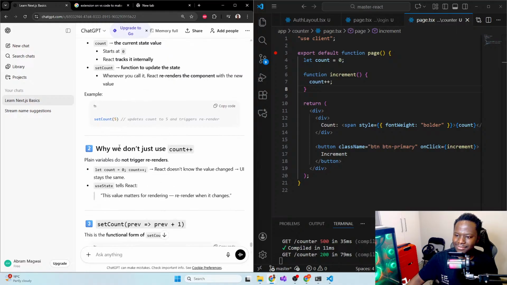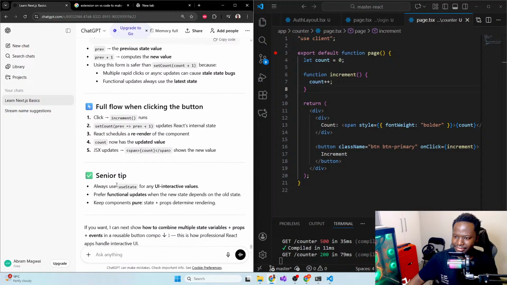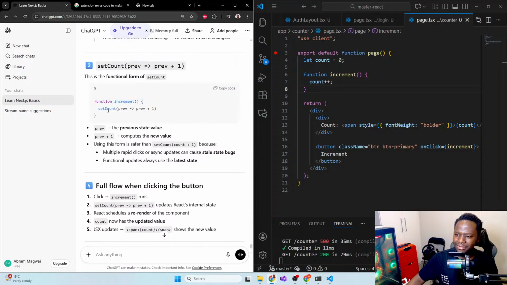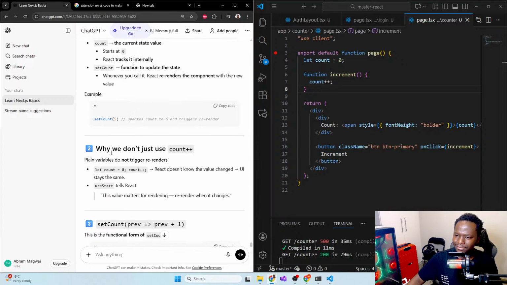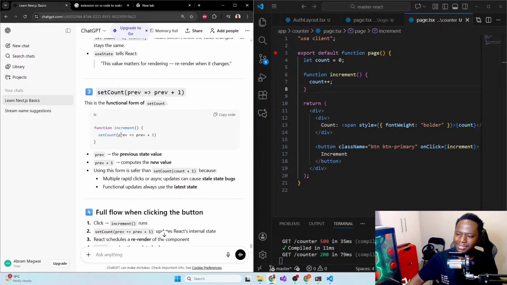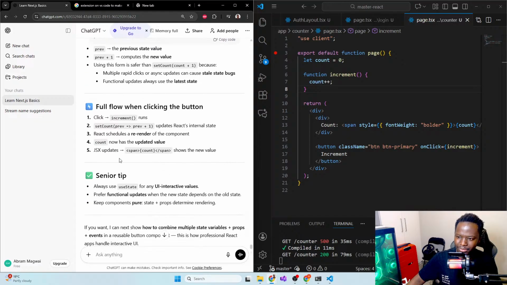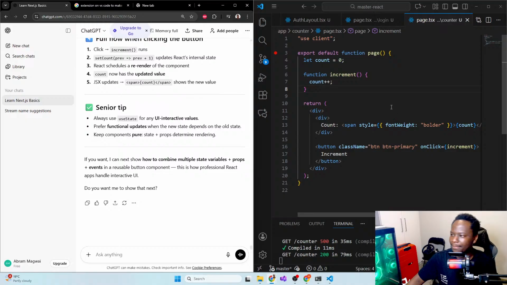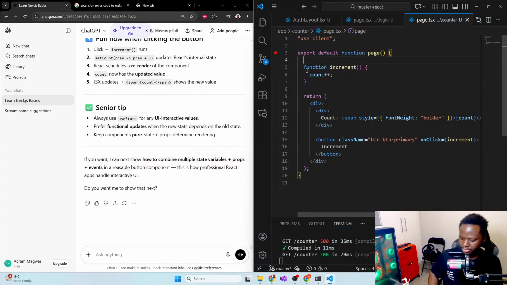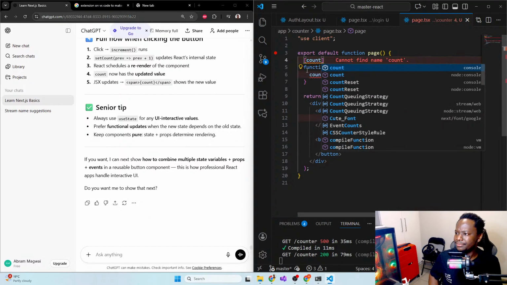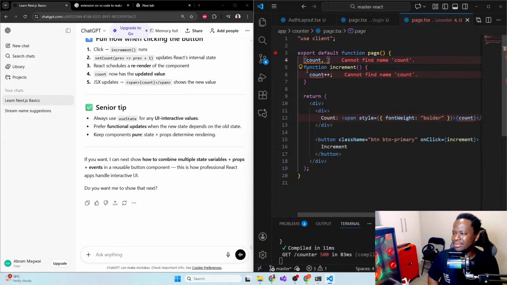So setCount starts at 5, let constant, function increment. It triggers the function to update, and what happens is that the function to update provides us with the previous value, and then what we do to the previous value is we just add 1 to the current value, basically. Let's see. So now let's do something like this. Okay, this one we're going to need. So we need count, and then we need